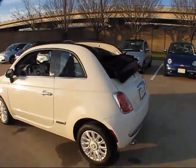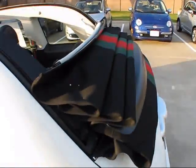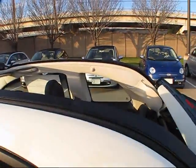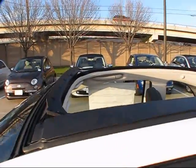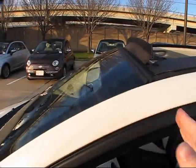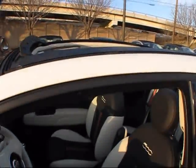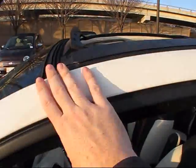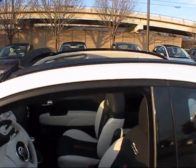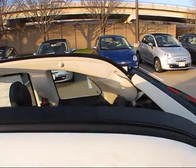And let's just give you a quick overview of the vehicle with the roof down. Now, despite many argumentative opinions that this vehicle is not a full cabriolet, judging that by the fact that the roof line actually still exists, there actually is another version of this vehicle that is a very rare edition called a Jolly, in which it does become a complete full convertible. However, for the mainstream market, there is the only C version in which it just retracts the center cloth portion